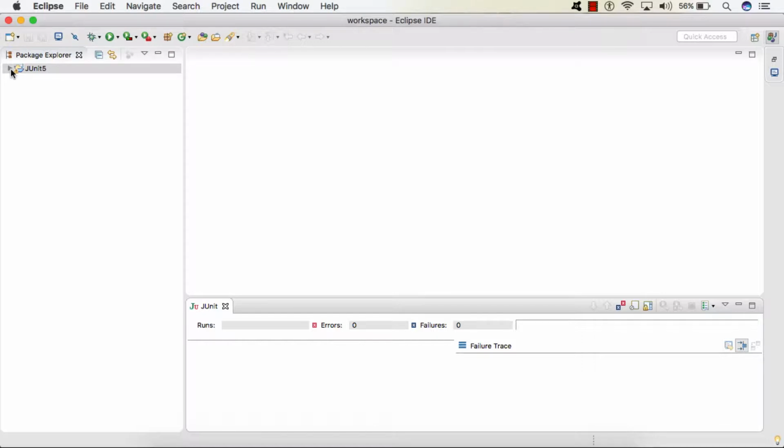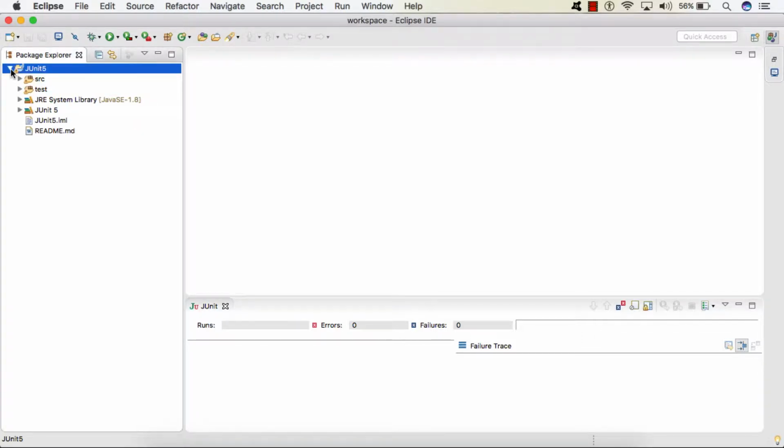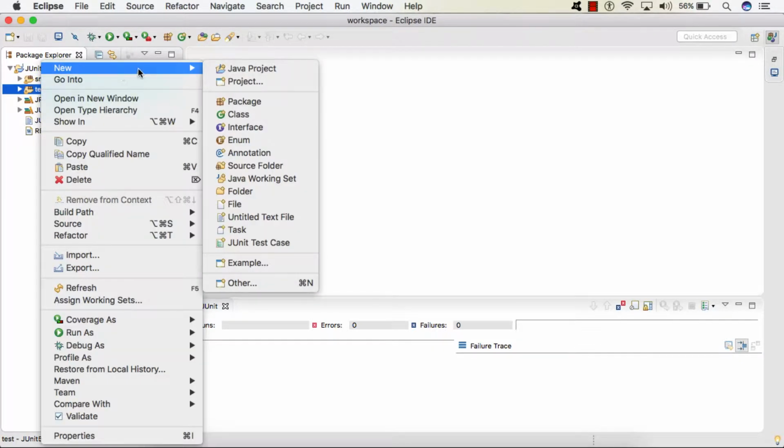So friends, in our JUnit 5 project, in the test folder, I will be creating one class.